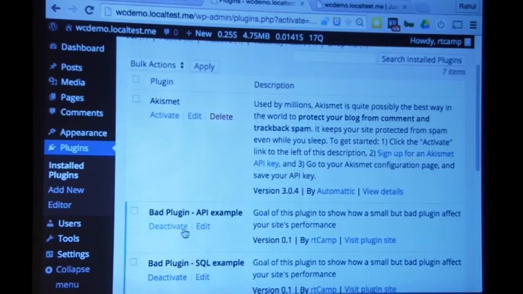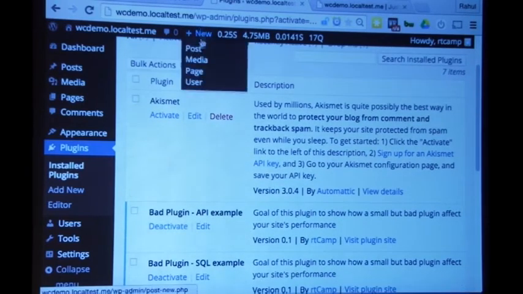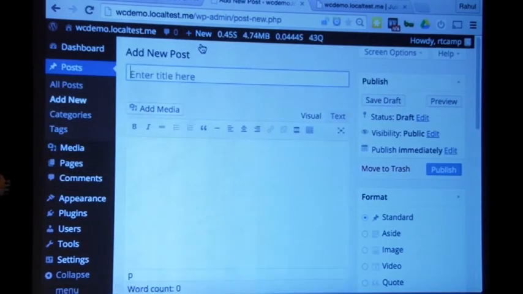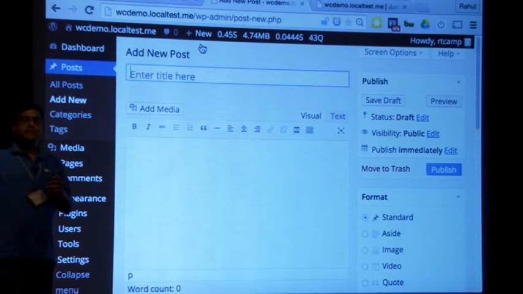But in this API example, what I did is, whenever you write a post, I added a hook. It will make a remote API call, and that will give us some result. For demo purposes, the remote call just sleeps for 10 seconds and echoes some word. You can think of some SEO plugin. Every time you publish a post, they crawl your data, do keyword analysis, blah, blah, blah. They send it to a remote server and give you a report back.